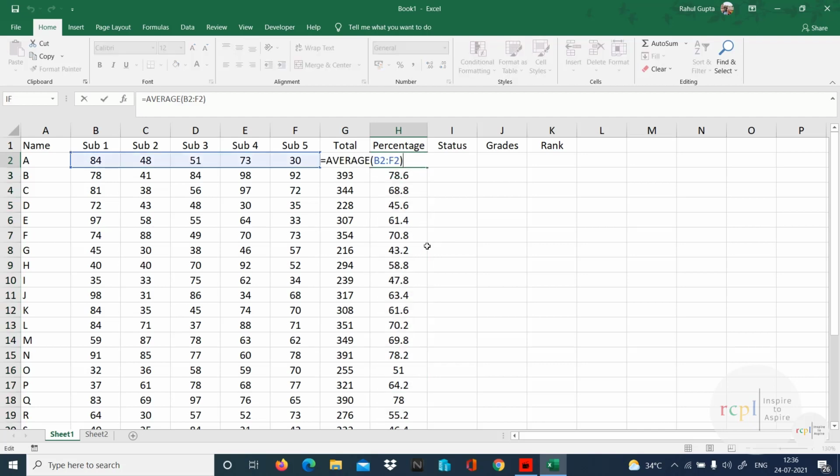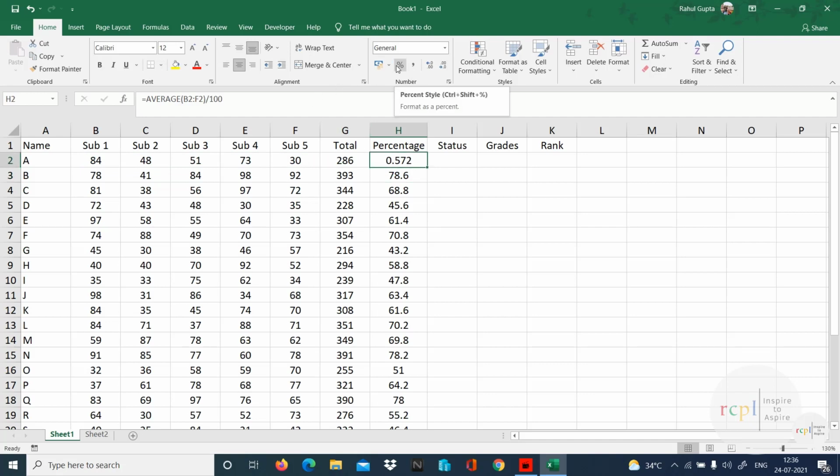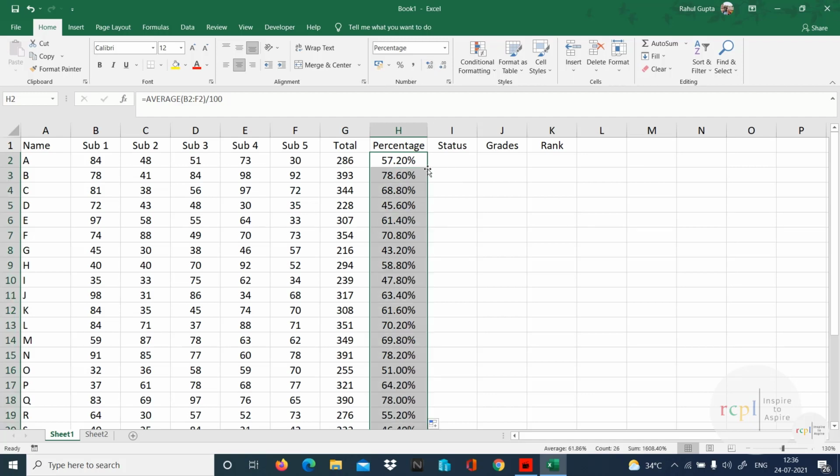So I divide this by 100 so that I can add a percent sign. From the Numbers option on the Home ribbon, I'm going to add a percent style and increase 2 decimal places. And now we have all of them in percentage.